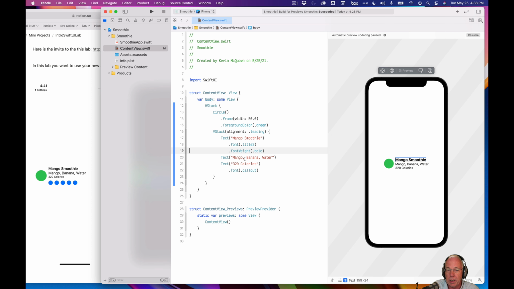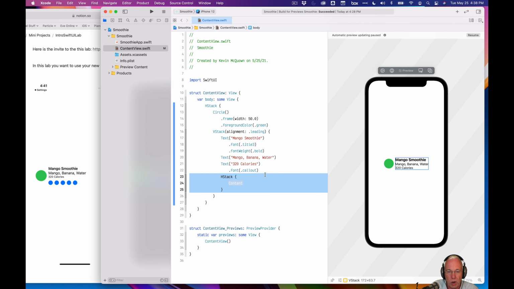But it's interesting that I can drop this in the code. So I can say horizontal stack, and I can come down here and drop it right there, and it's dropped a horizontal stack set of code for me. Now, here's the cool part. What we want is 5 circles. So we can do what's called a ForEach in our declaration. So I can say 0 to 5, and then this